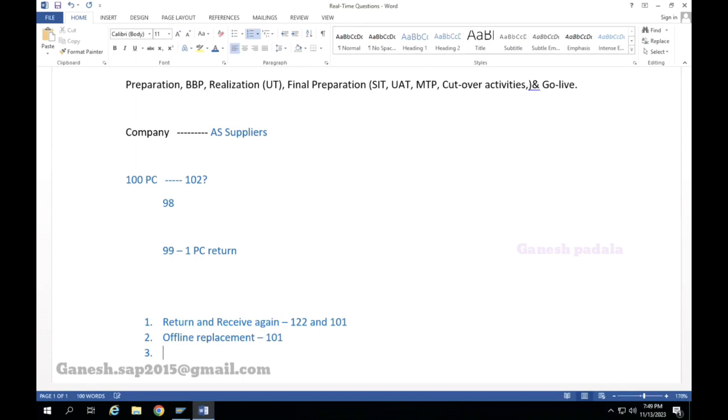Another scenario: take one piece as FOC, free of charge. You get an FOC PO so that the product will come for free. You cannot use the same PO for receiving as FOC, because you have to put a free indicator in the purchase order, right? So you receive one piece of damaged material. Three scenarios are possible. These kinds of challenges come up in the blueprint.